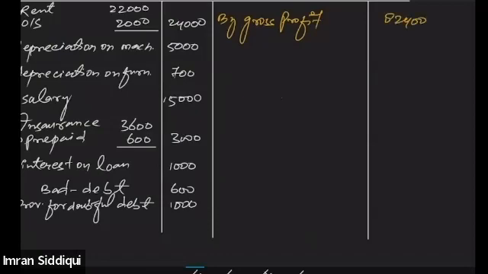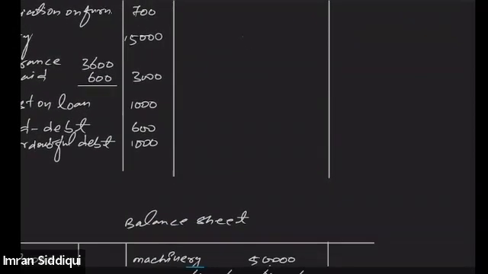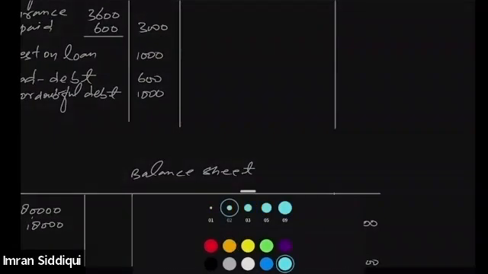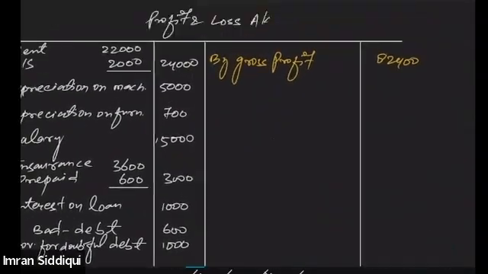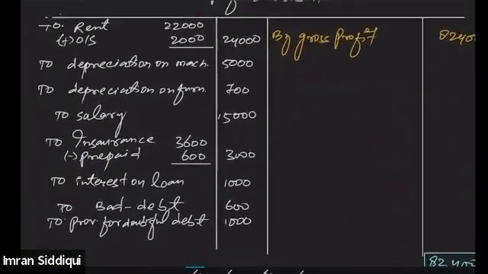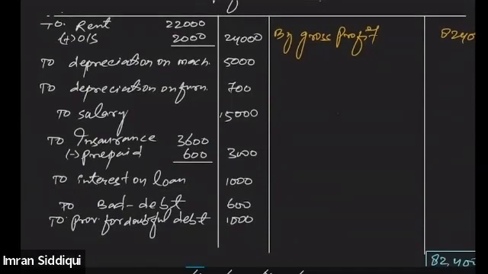And there is nothing on the credit side of the profit and loss account apart from the gross profit. So the sum total of the credit side of the P&L will remain 82,400. And subtracting out of this the value of the rent, right, and depreciation, just a second,